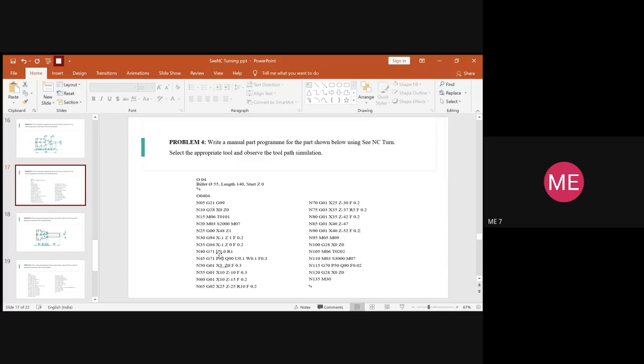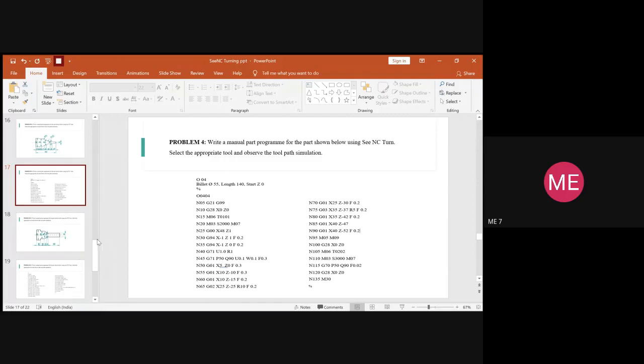After that, the rough turning operation has a syntax in which you have to provide the sequence number from which you have to start the rough cycle operation and which sequence number it will end. So it starts from sequence number N50. So we are writing P as 50 and it ends here at 90. So Q value will be 90. Then you have to provide the allowance with respect to x-axis as well as z-axis. So the allowance here is of 0.1 towards x-axis and 0.1 towards our z-axis. And feed rate, which has been assigned over here, is of 0.3. So this setup is done.